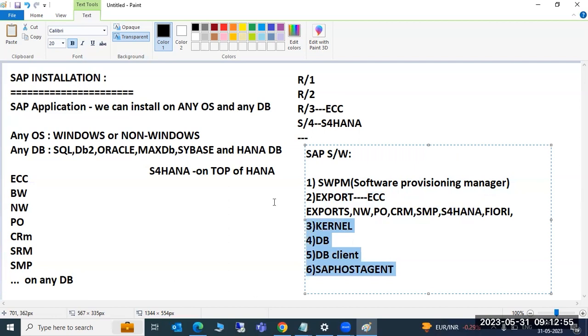Suppose now there is a requirement to install the ECC system. Then you can download the SWPM and the ECC exports. You need to download kernel, DB, DB client, host agent. All these we can download and install. Now tomorrow there is a requirement to install the BW system. Then in this case,